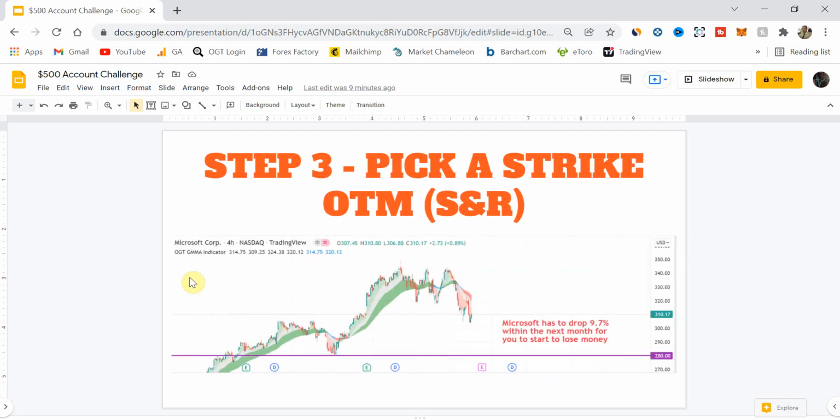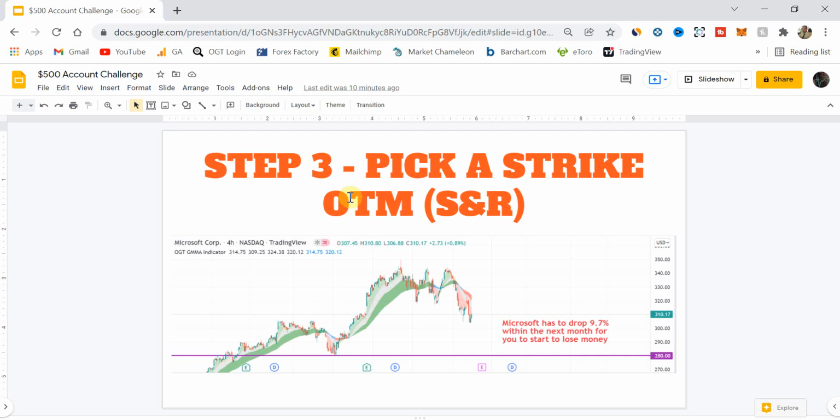The third thing we need to do is pick a strike. The strike is the option price, or the strike price, of the actual stock, or for this particular ticker symbol, in this case Microsoft. So if we have a look at the 4-hour chart that I've just taken a screenshot from